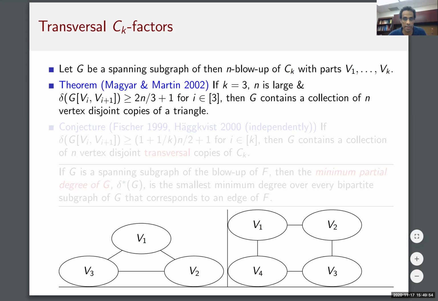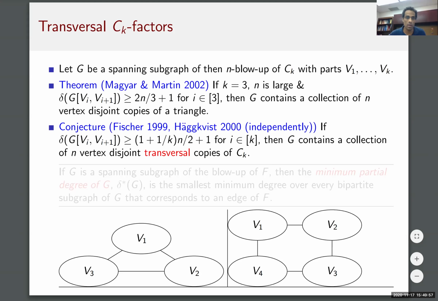A generalization of this result was conjectured by Fischer and Häggkvist independently. Notice that when k is 3, this is the same degree condition we have for the Magyar and Martin result. Now we're thinking about blowups of a larger cycle, and as the cycle gets larger, this minimum degree condition is getting weaker. But what we're looking for now is